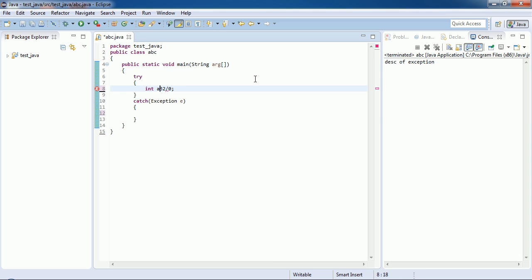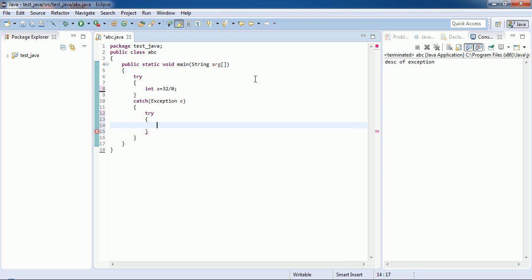Here the exception will be generated, and as soon as this exception is generated, the execution control will be in the catch block, and if inside the catch block another exception is generated somehow, in some situations, like inside the catch we can write